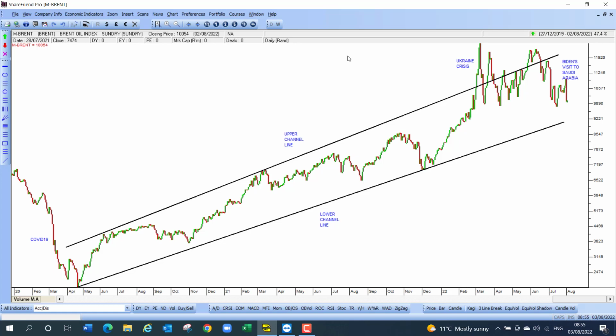Much of that, of course, has been due to the rising petrol price, which is really outside of South Africa's control. We do not think that the current drop in the petrol price will last. We think that oil will probably continue to rise, offset to some extent by a stronger rand.